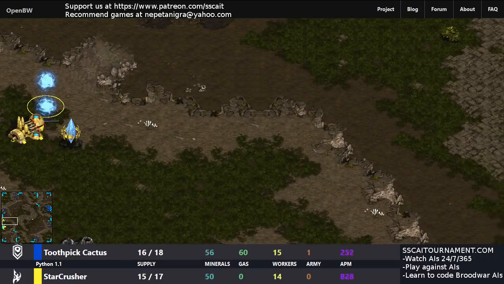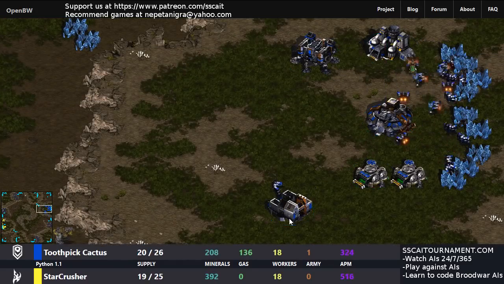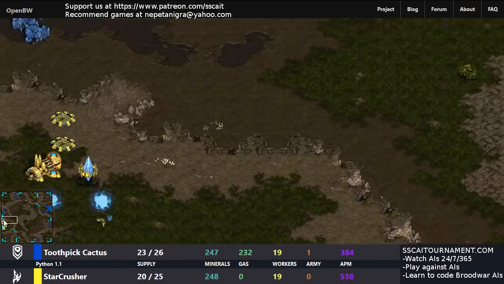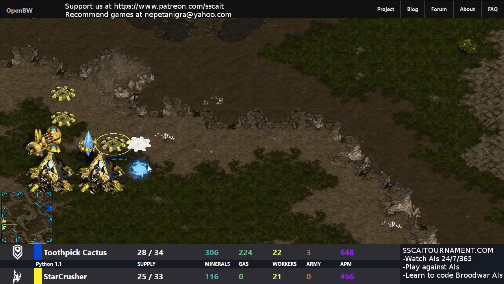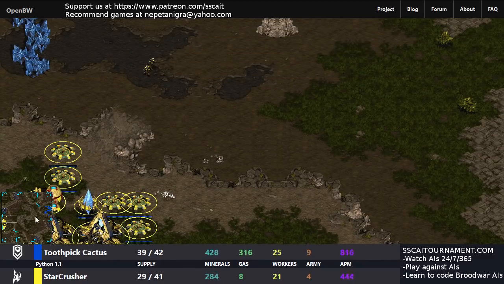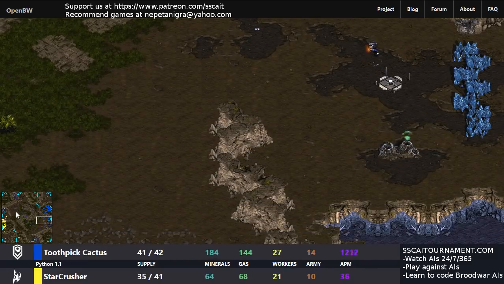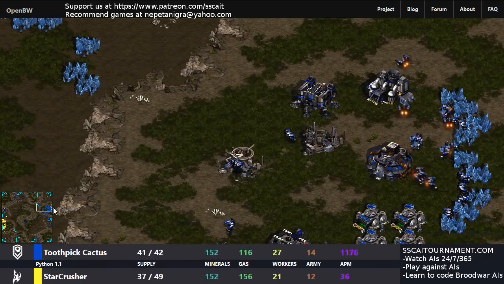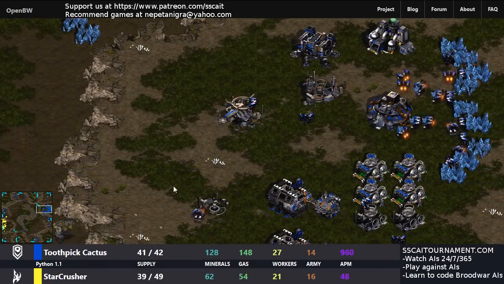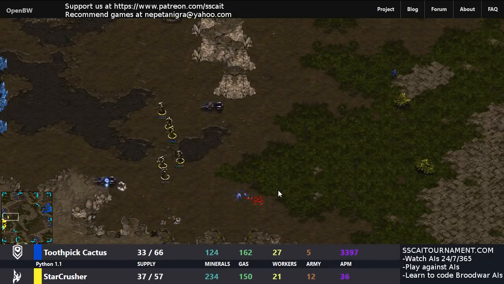Opening with a Forge first, couple of cannons, and Toothpick Cactus going into 001 army and then a quick factory. But of course that is not going to work with this SimCity, which is absolutely brilliant, and the Starcrusher isn't a very advanced bot, but the SimCity is pretty good. So here we go, handful of vultures, behind that main, the natural expansion. So Toothpick Cactus really setting up shop, going for a lot of tech at the same time at the cost of a very good army. The Zealots don't stand a chance really, because these...